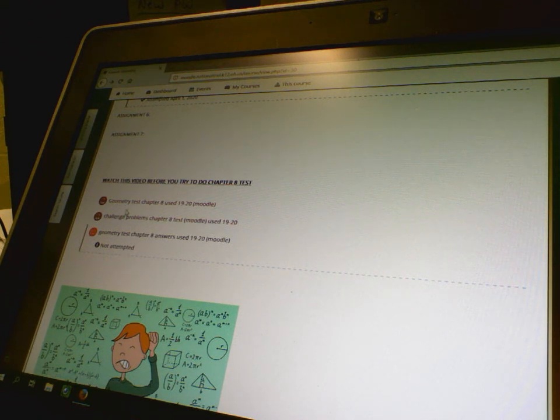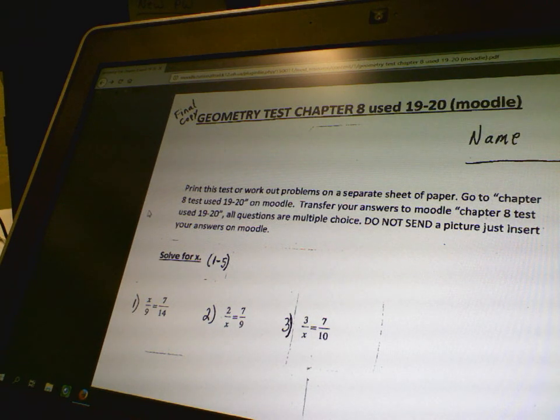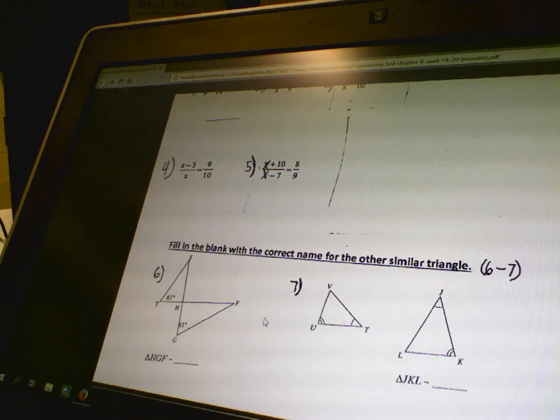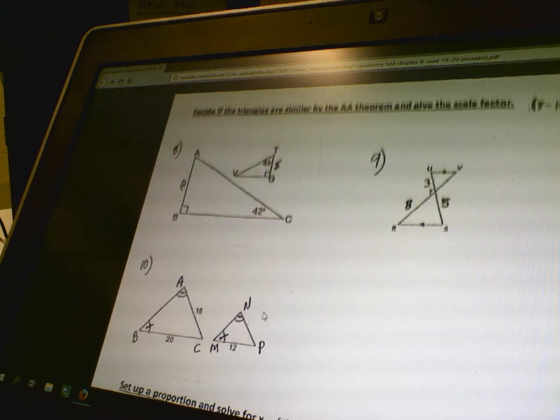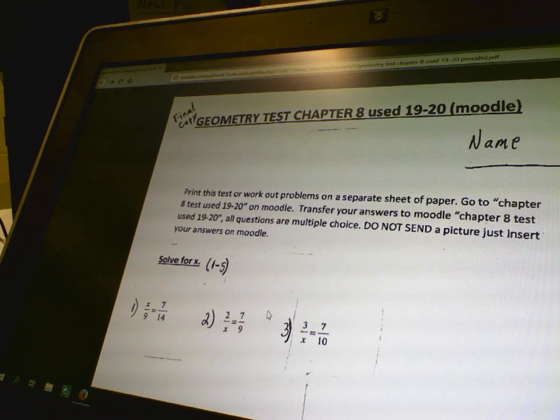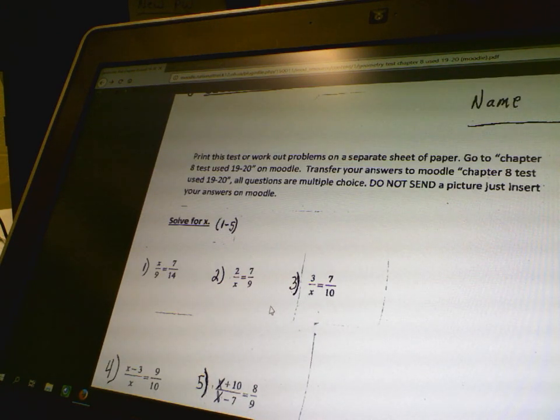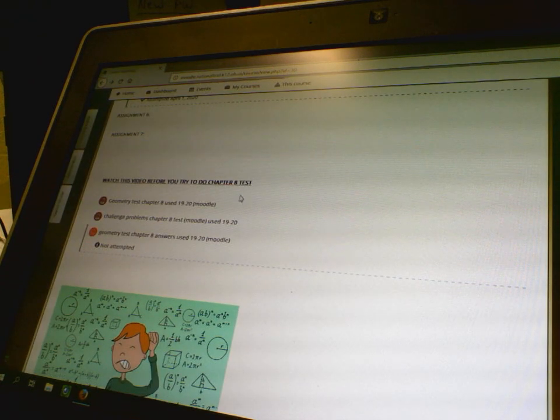But as far as the regular test goes, click on this, and it pulls up a copy of the test, and you're going to work each problem out. You can either print this off, or you can just work it out on a separate sheet of paper. But what you are going to do is take your answers, and if I go back over here to the other page, you're going to take your answers,